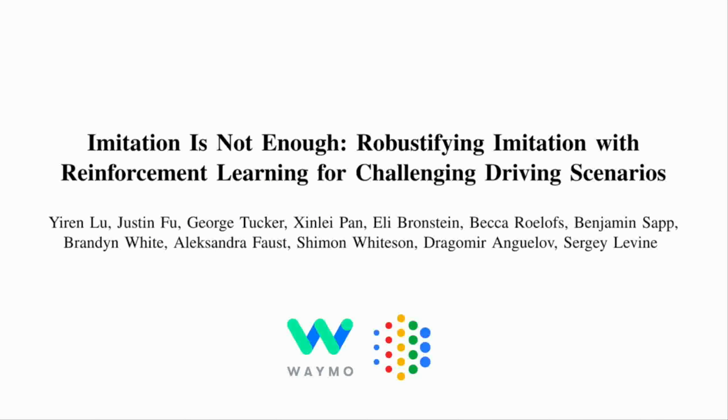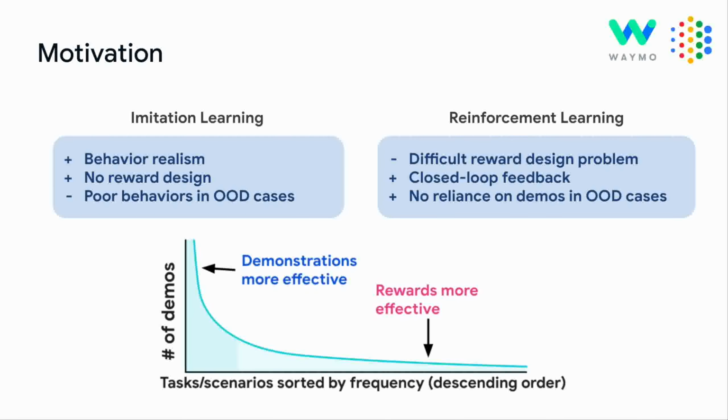We present that imitation learning combined with reinforcement learning using simple rewards can substantially improve the safety and reliability of autonomous driving policies, particularly in the most challenging scenarios. Our method is built on the intuition that imitation and RL offer complementary strengths, where imitation increases realism and eases the reward design burden, and RL improves safety and robustness, especially in the rare and challenging scenarios in the absence